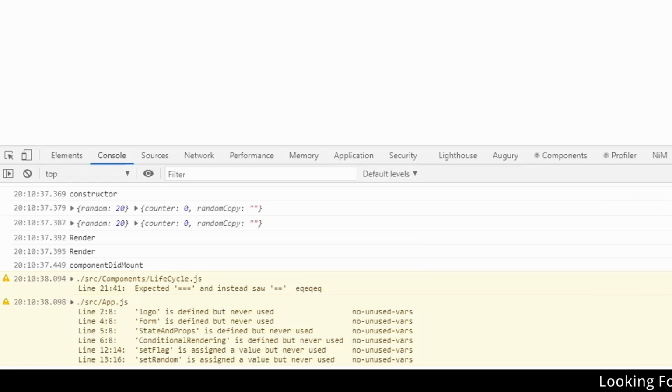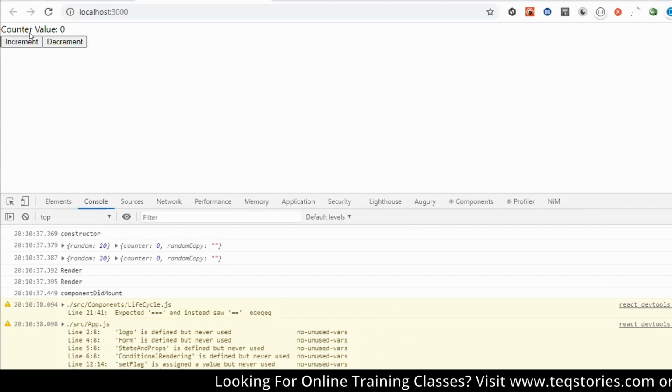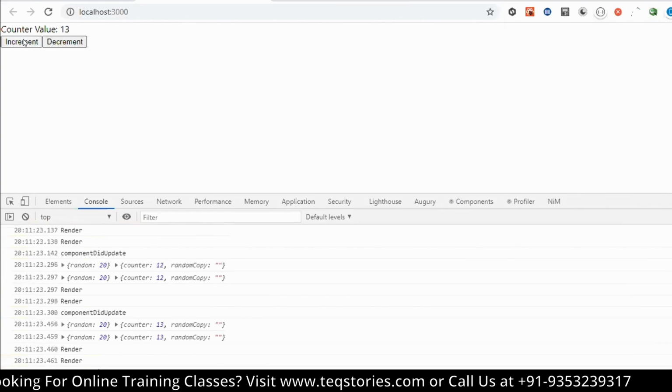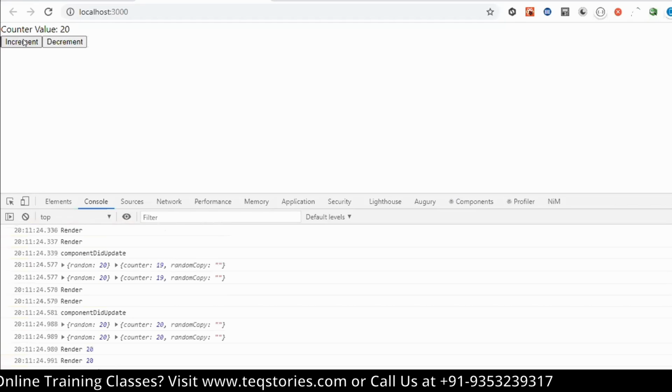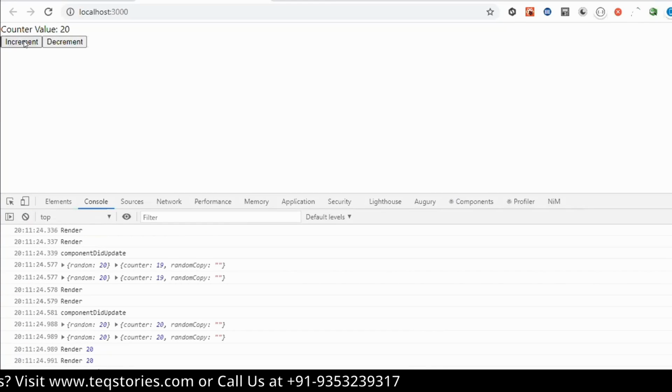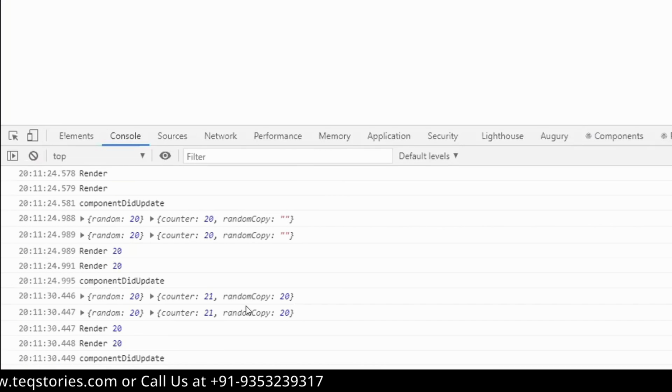I'm printing props and state, but it has not copied the data to our randomCopy. So randomCopy should also be 20 when the counter value is 20. So I'll increment it till 20. See, now randomCopy has to be 20. See that? It also gives you a previous state only, right?